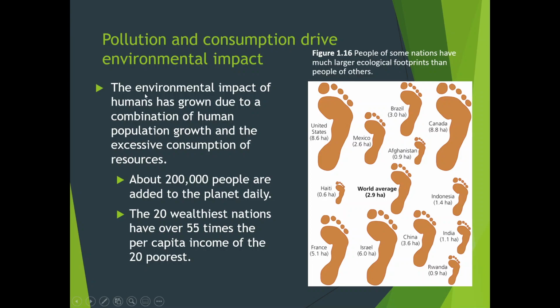So the environmental impact of humans has grown due to the combination of human population and excessive consumption of resources. And I happen to believe that it's more of an excessive consumption right now. We can actually live a real good life with the current 7 billion people we have on this earth, but there is no way. See, the average citizen in the United States uses about 8.6 hectares, and